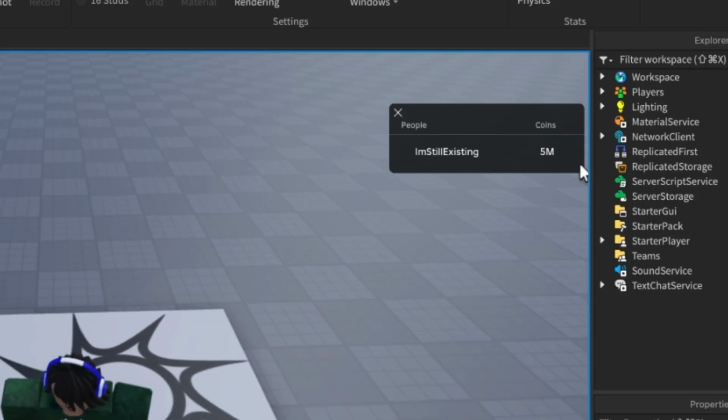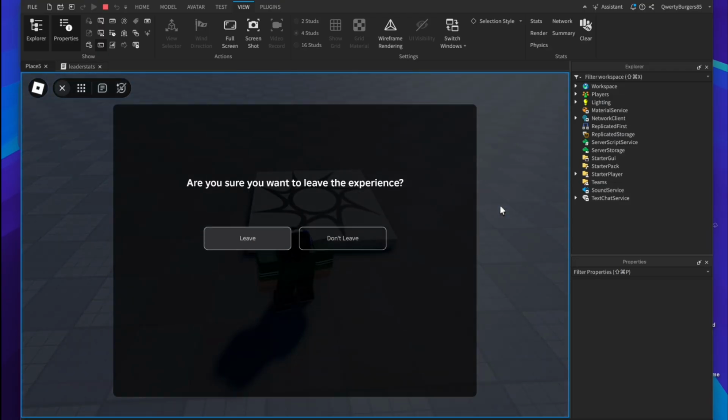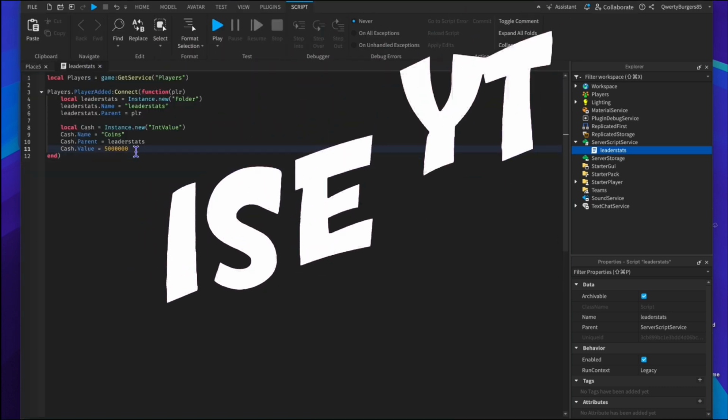You can see that I will have 5 million gold. And if I change this